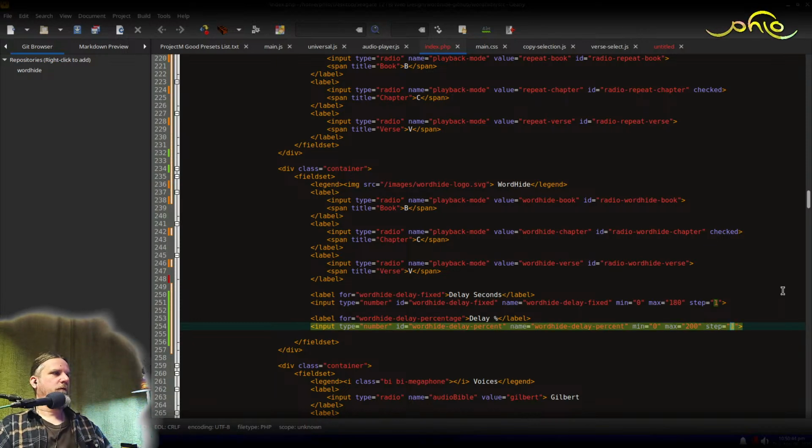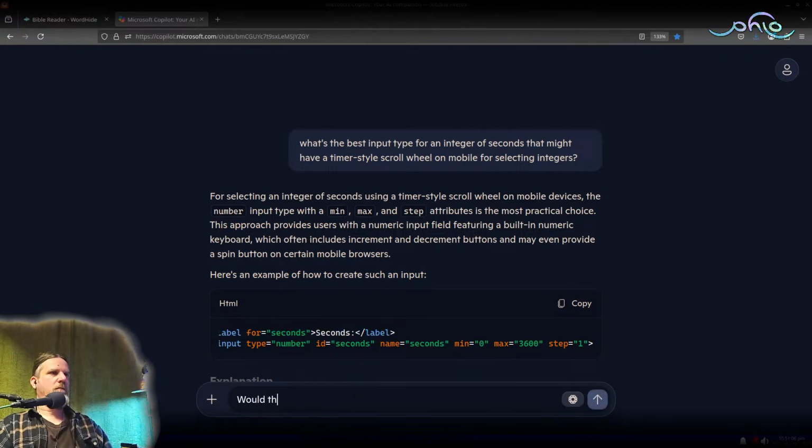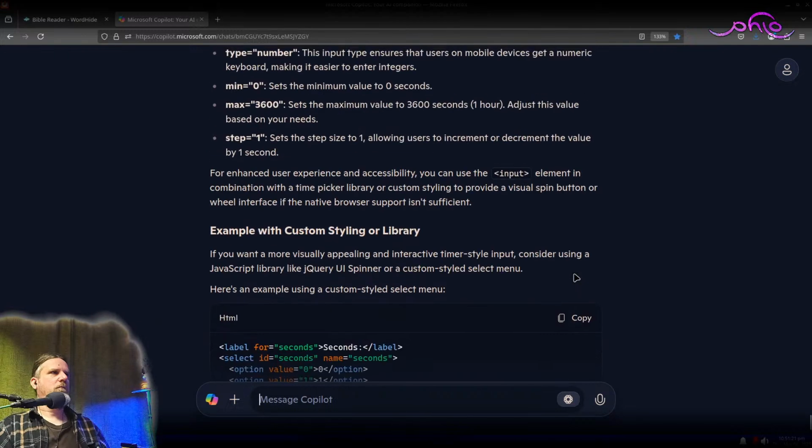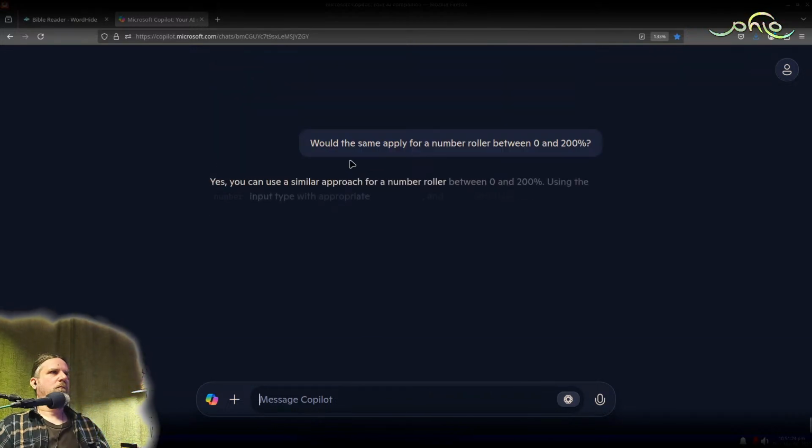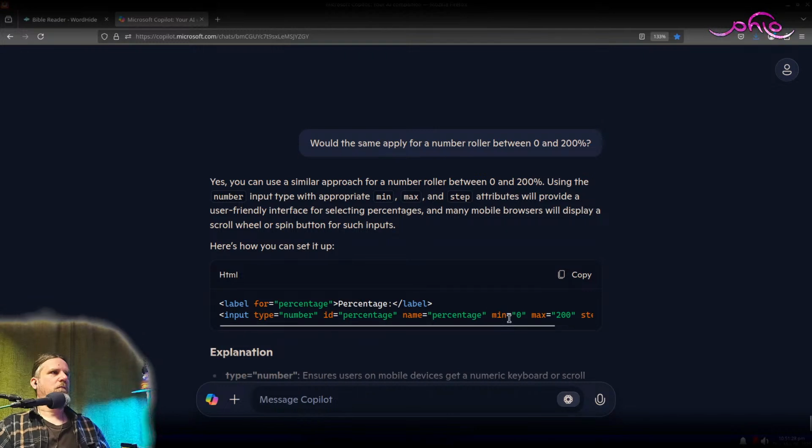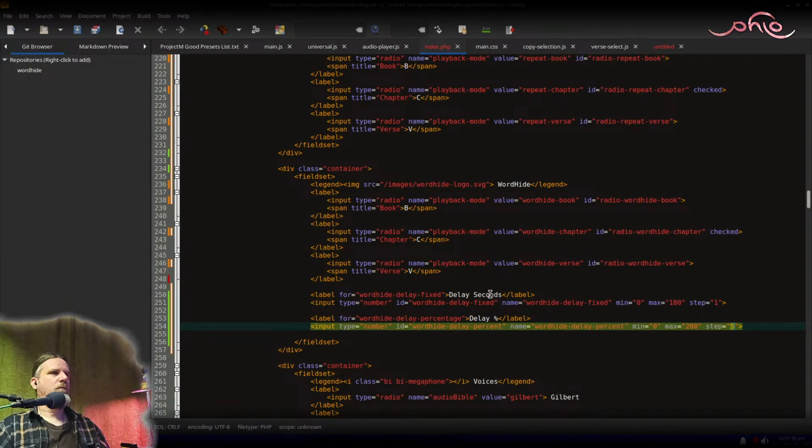I'll just start with that, and if I decide it needs to be longer, and I think a step of 5%, even 10% is probably adequate granularity, but I'll just start with 5 and see what it feels like. Okay, that should be good.